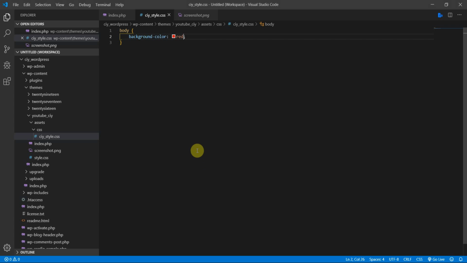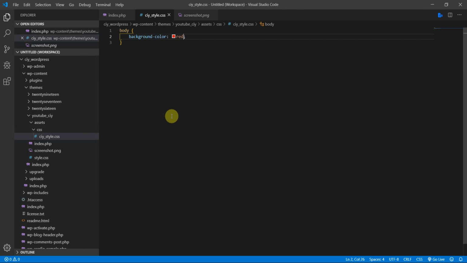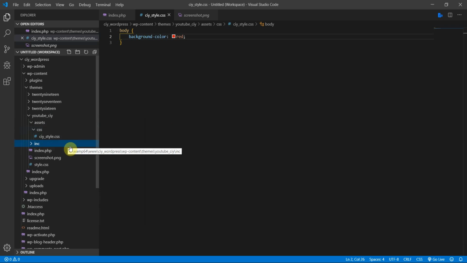All right, so first of all we need to include our new style sheet into our theme, so WordPress understands it has to look for this file here, ciy_style.css, and we do that by enqueuing the file. So I like to create a new folder for this, and let's call it inc. It's short for includes, or you can name it whatever you want, but I like to keep it short. So inc, and in this folder I'm going to create a file called